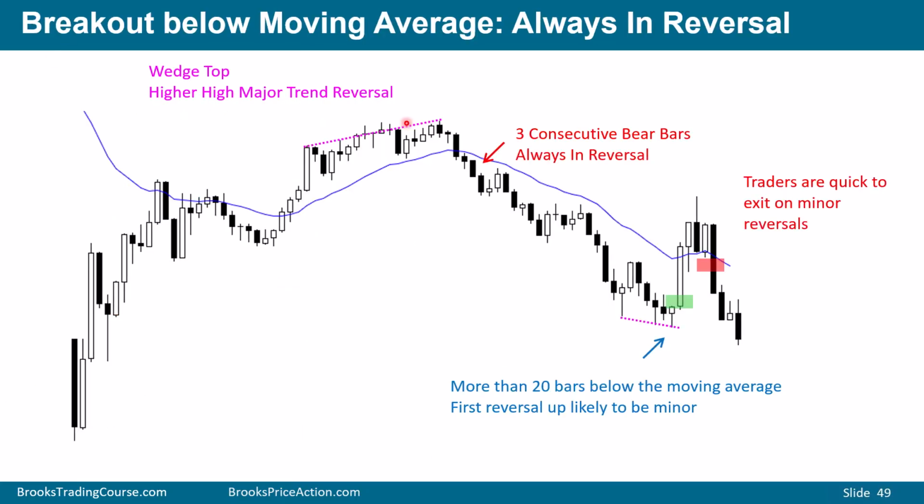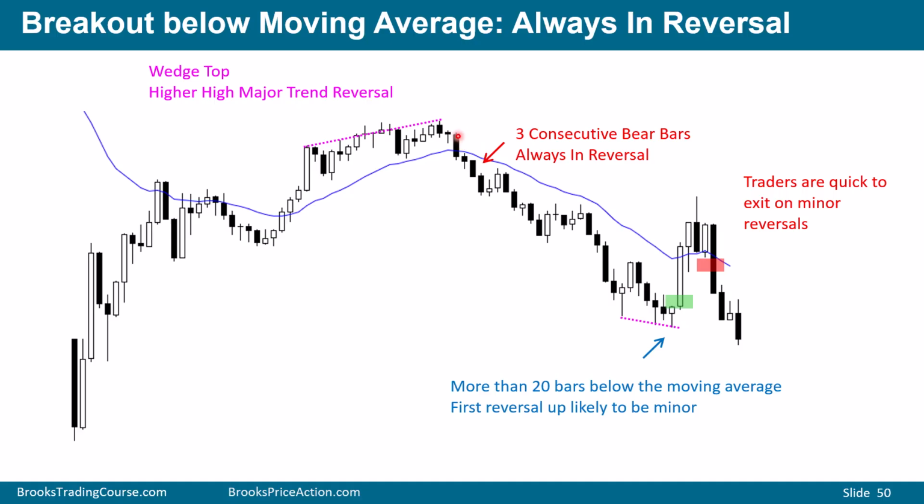On this chart, you can see that we gapped down on the open. And then we rallied, testing the moving average, breaking the trend line, and forming a higher high major trend reversal. So we rallied, trend line break to a higher high major trend reversal. Bears will begin to sell, and bulls will begin to sell out of longs, taking a chance that this higher high major trend reversal will reverse the trend.